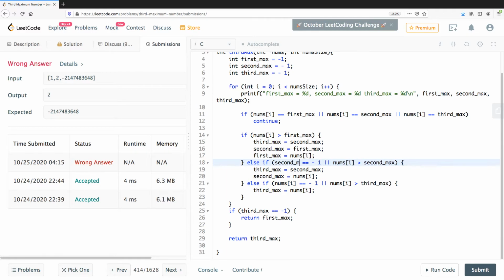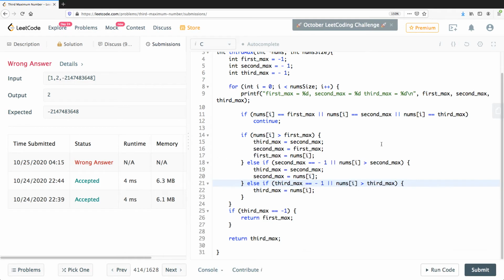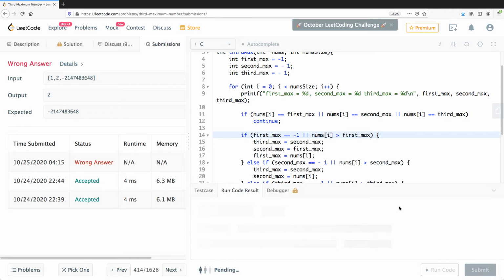Anytime we see that these maxes are still holding the default values, and I'll come to the bug in this case, then we are okay. So here again, let's do the first max minus 1. That means that we are hitting that if statement the first time, because the first max is still holding its default value. As you can see, this would probably take care of the test case